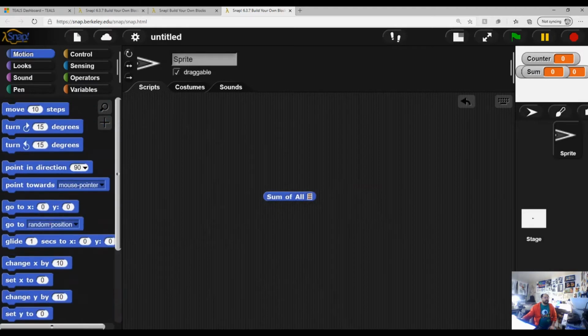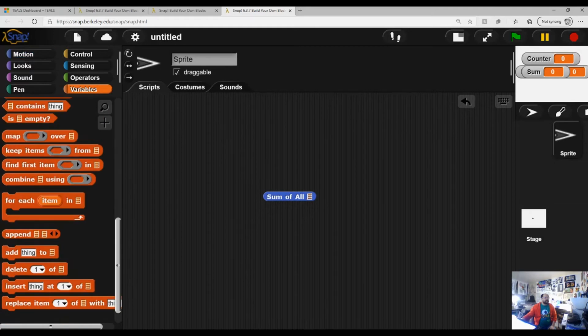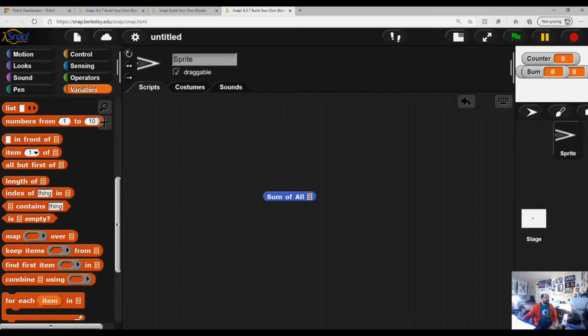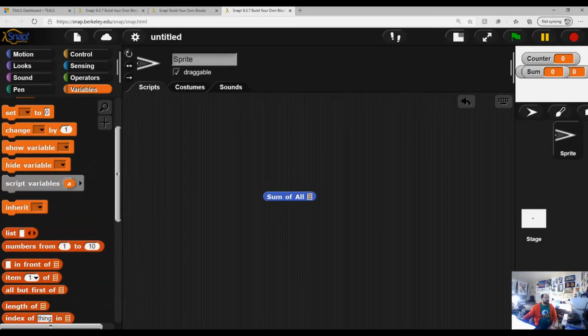So we got our sum of all block. And then let's create a list of numbers and check it. Let's put a total of 6 values. And then remember, you can hit tab to easily go through and type. So let's do 5, 6, -6, 0, 5,